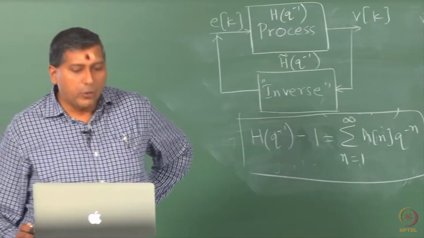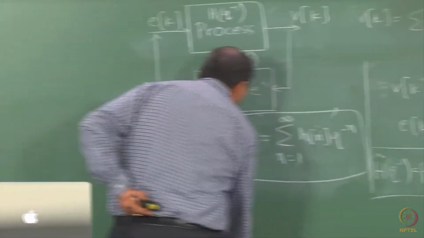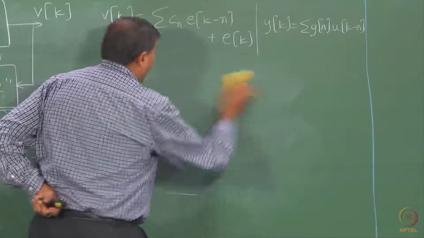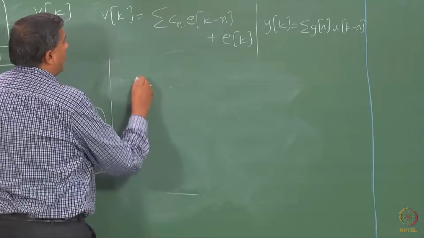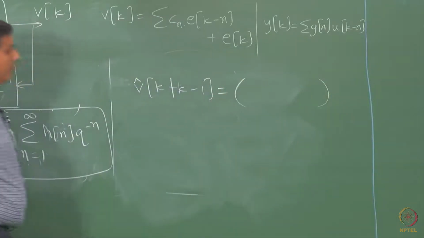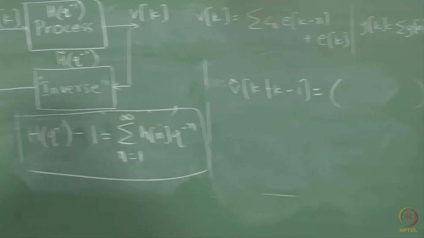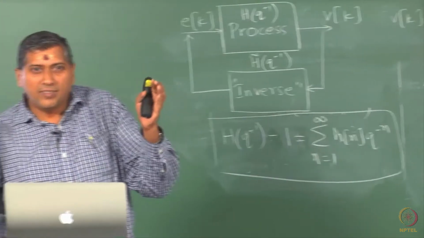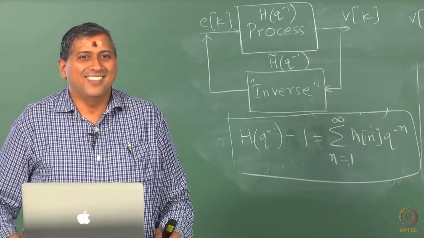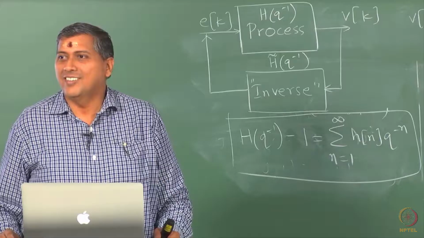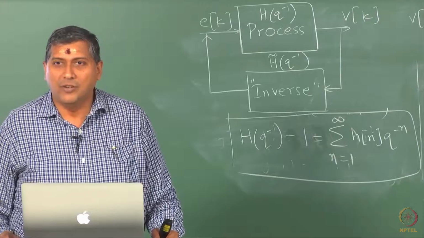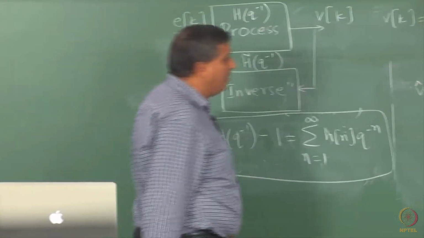What do I get for V hat of k given k minus 1? Essentially I am asking you to complete that. What do I get? Times something. Vk minus H inverse, that is it, on Vk. So, correct. So, how do we write this? 1 minus